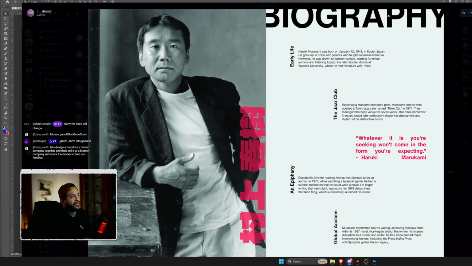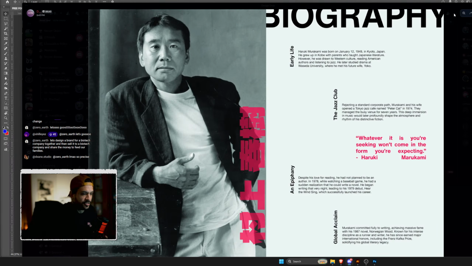Also, like what I was saying when I was making mine, okay, early life, there is a bunch of stuff you're missing here: put dates, places, years, cities, make annotations on the numbers you have there. You have Kyoto, Japan, January 12th, 1949. All that is a hierarchy level that you can use to design that information.